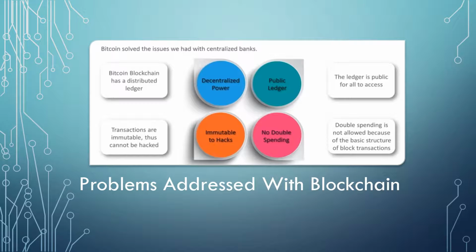Assume the current banking system, there are two people, A and B. A transfers 100 rupees to B. As soon as the transaction is initiated, it is put in a queue to be processed. This is what happens in the background. Let's say a hacker comes, intervenes and manipulates the information so that the transaction that was supposed to take place from A's account to B's account will now take place from A's account to the hacker's account.